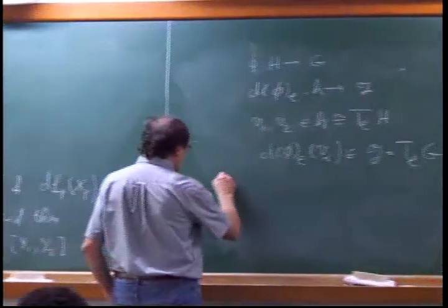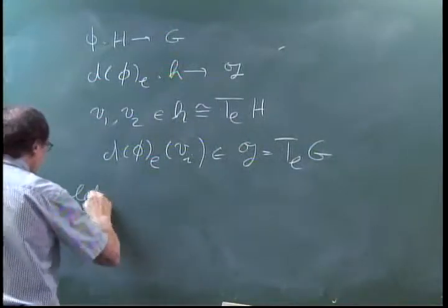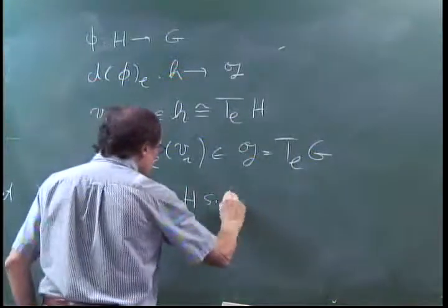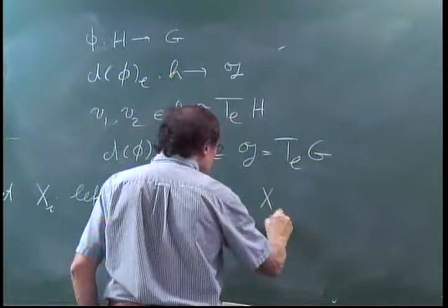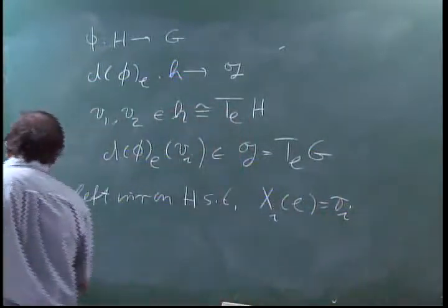So let Xi be left invariant on H such that Xi at the identity is vi, and Yi